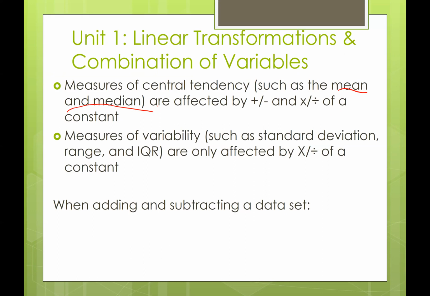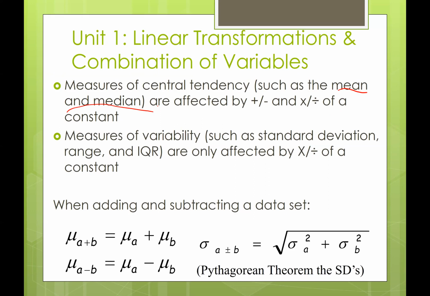So this first rule is when you're adding or subtracting or multiplying or dividing by a constant to every number in the data set. But if you're taking two different variables and you're combining them, so this is when you have two different variables, so both things can change, you add your means or subtract your means depending on if you're adding or subtracting those data sets,